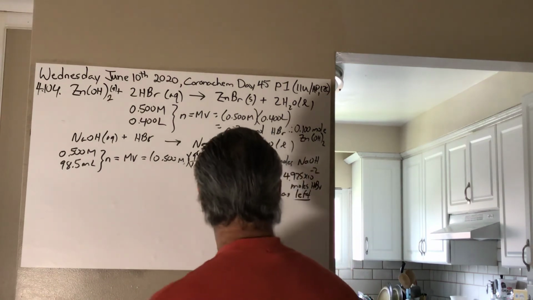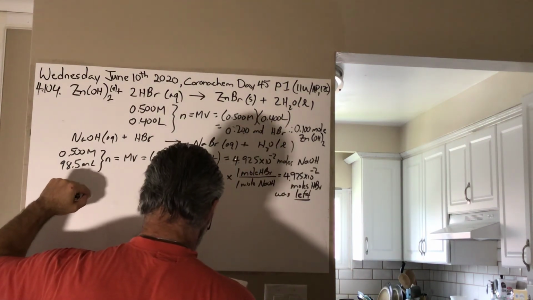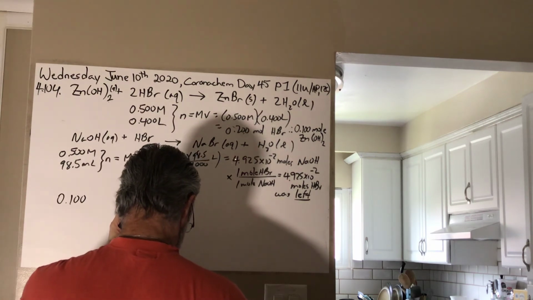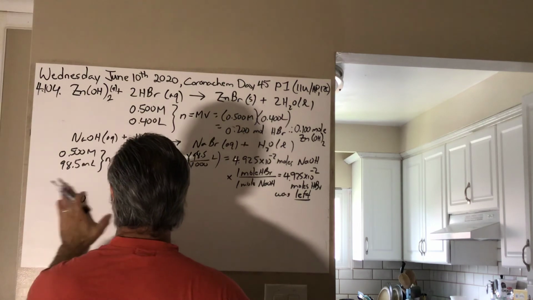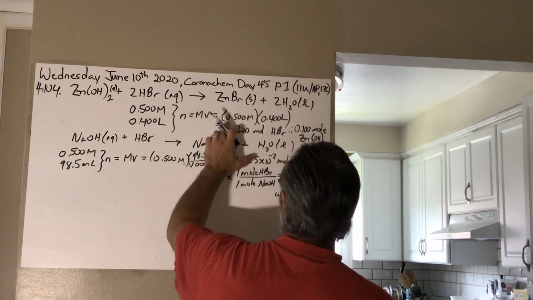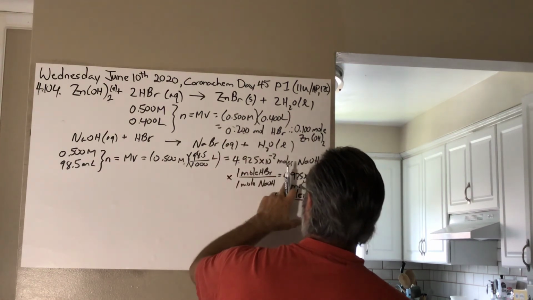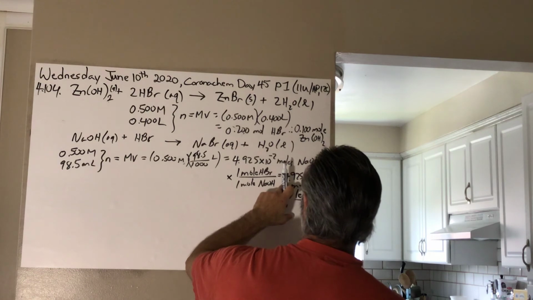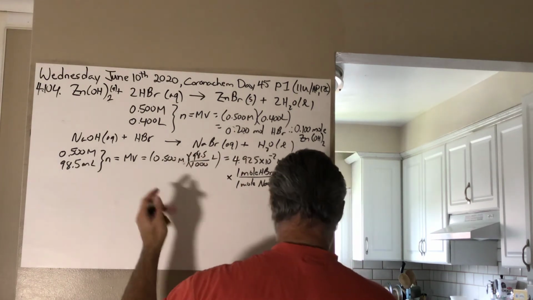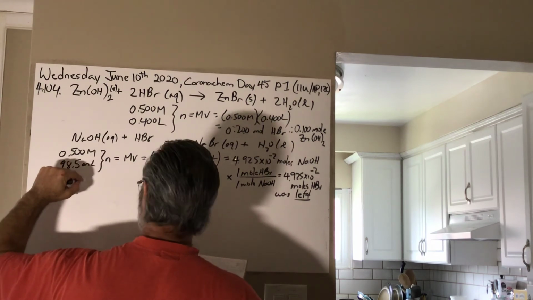I'll account for the stoichiometry later, so that we don't have to actually worry about that. Let's just focus only on the HBr. So I had 0.2 moles of HBr and 4.925 times 10 to the minus 2 moles of HBr was still left that had to be back titrated. So therefore, 0.2 moles HBr